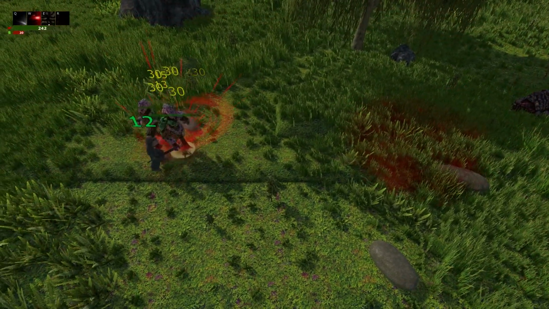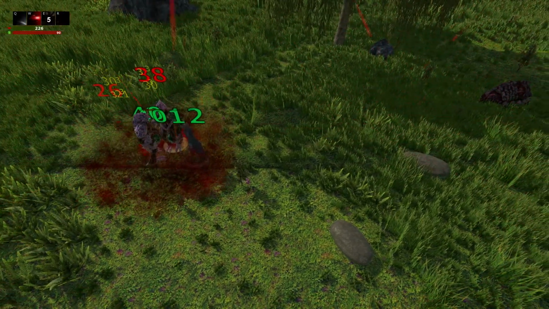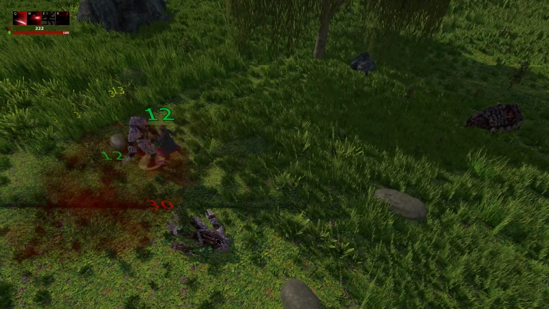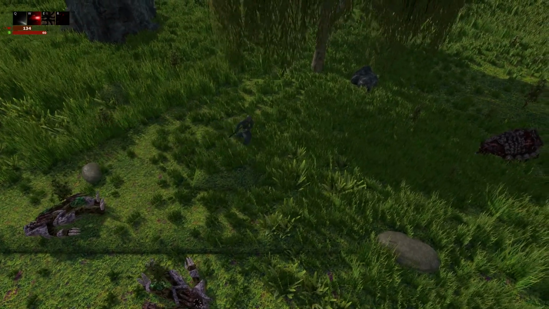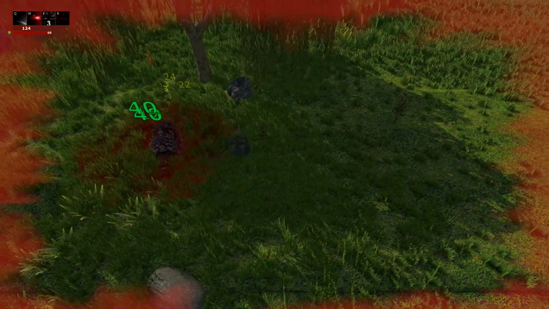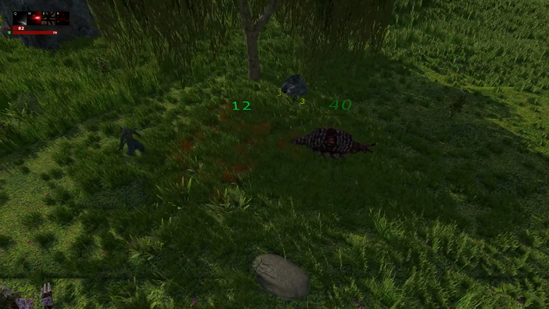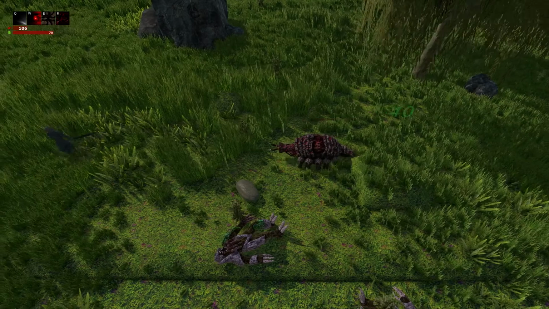Alright, let's ult this dude. Get this down, get some health. It's all about that lifesteal. That's how this character works. Alright, boom. Big hits. No real health regen, which means I pretty much have to earn it through attacking. I got 40 life out of that. So if I just keep doing it...